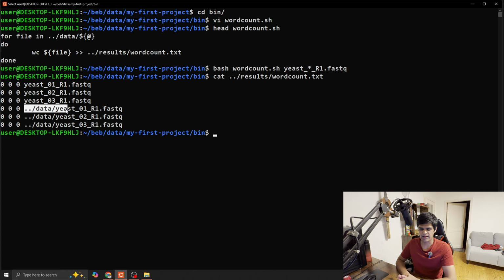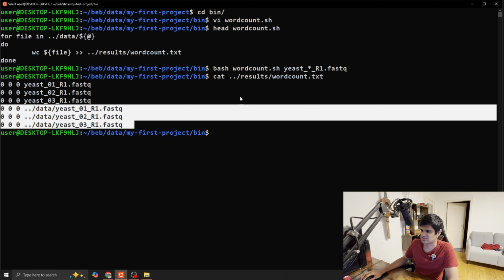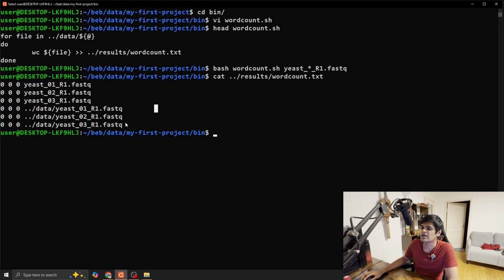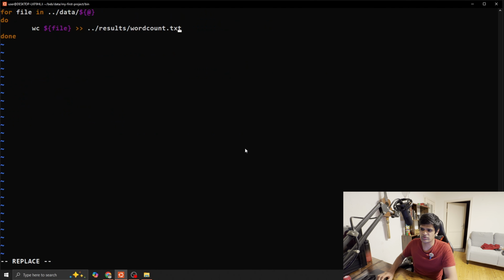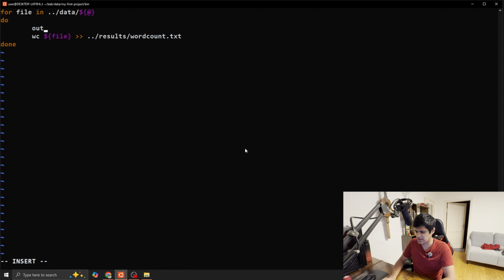So now what we want to do is, we don't want to output all of our results in this just word count file. We want to create the count file for specific sample. So we want to create each count file for each sample. So we can update our script again. So we will go to this vi, we will go to this insert mode, and once we are in this insert mode, we can create a new line here, and then we will use this variable output,